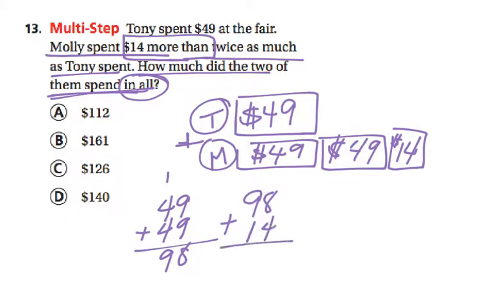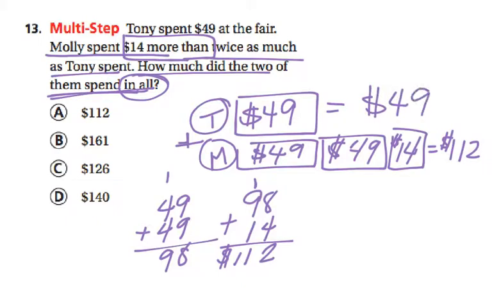98 plus 14. Let's see. 8 plus 4 would be 12, carry my 1. 1 plus 9 is 10, plus 1 is 11. So Molly spent $112. Tony spent $49. But now I need to add those two amounts to see how much they spent all